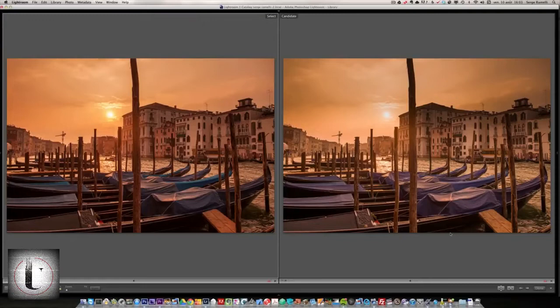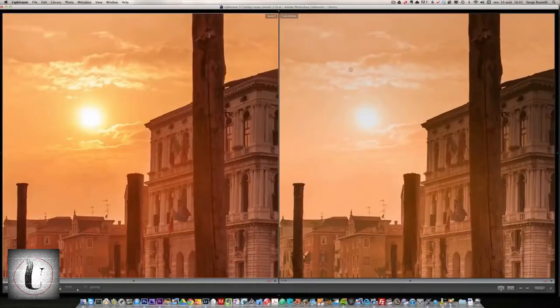I tried to retouch them the best that I could, both of them. Check out how the RAW file on the left has richer colors, and it's got more detail. If I zoom in and compare, look at this. Look how much more detail I have here in the RAW file in the sky compared to the JPEG file,